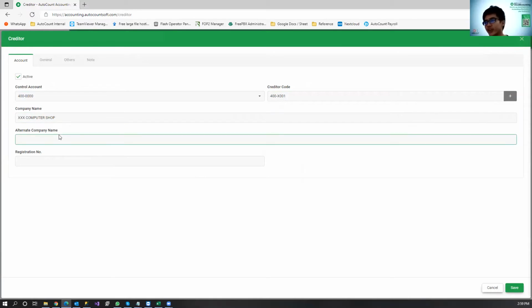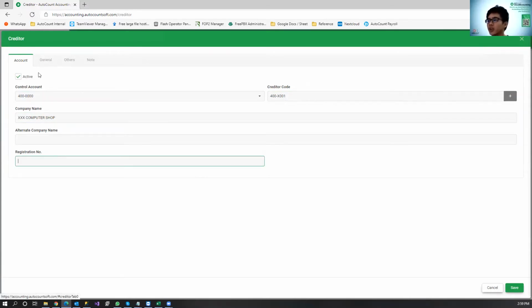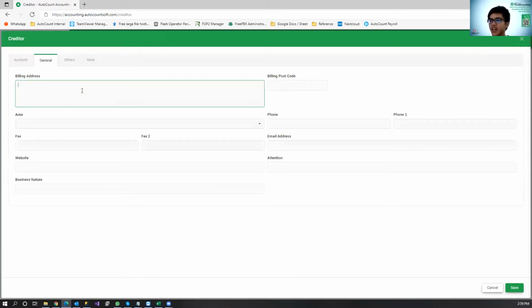You can just fill in the alternate company name and the registration number. You can switch to other tabs here, their address. Let's say, for example, this one is Jalan Rambutan, Lorong Papaya, 55000 Kuala Lumpur. You can fill in some of the information over here.